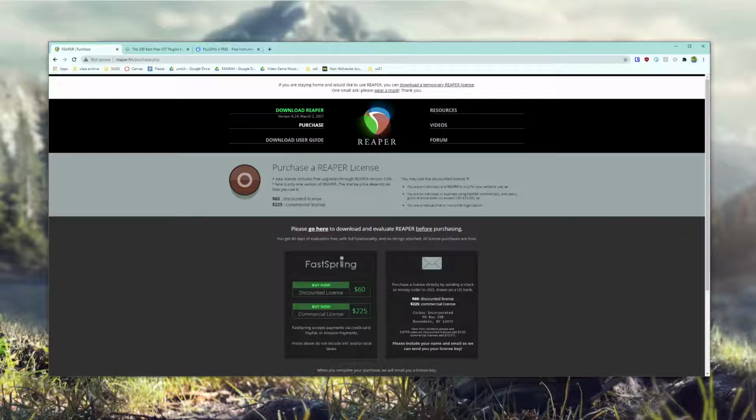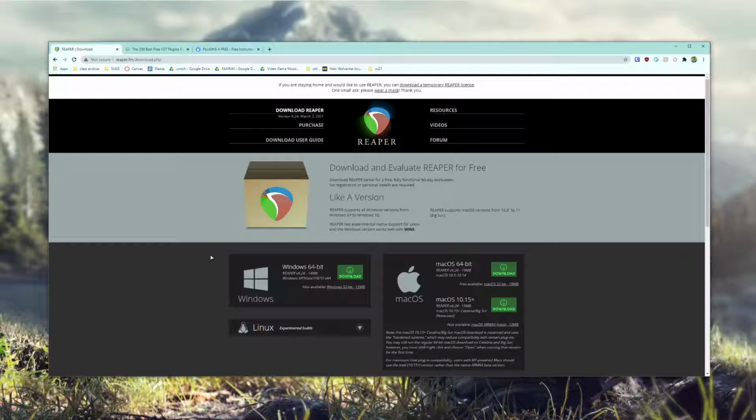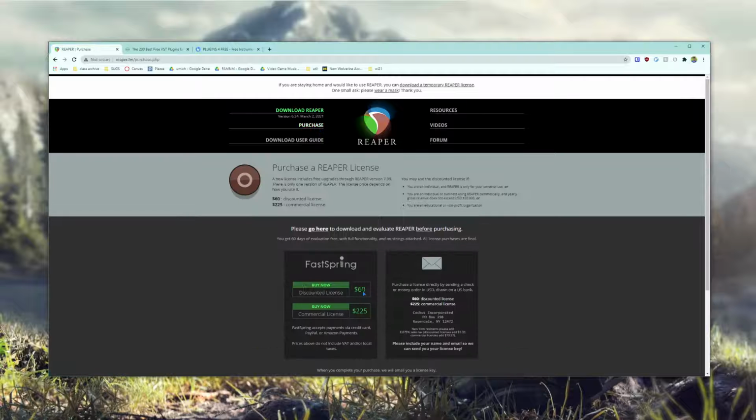In addition to that, you can download it for free and use it completely unlocked for 60 days. So if you have never used a DAW before and you're looking for software to use for this semester, if you're interested in making music, I personally suggest using Reaper because it's great to try out for 60 days. And afterwards, it's a one-time fee of $60 if you want to buy it for yourself personally,